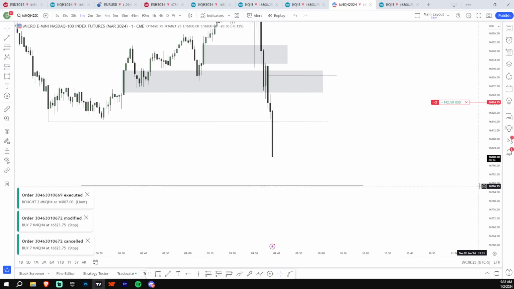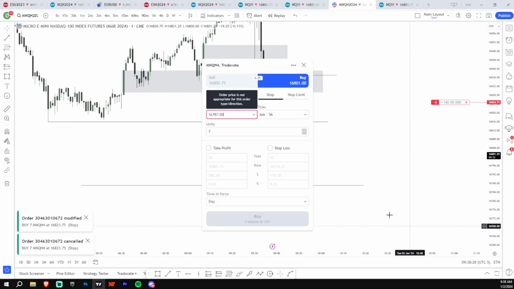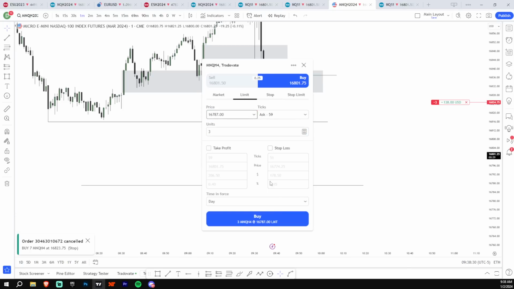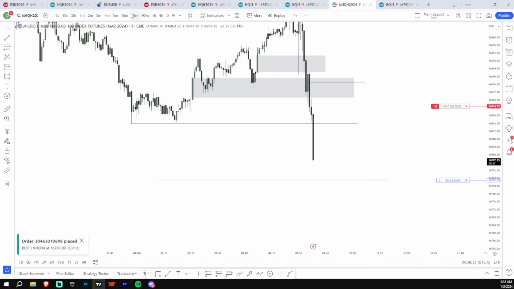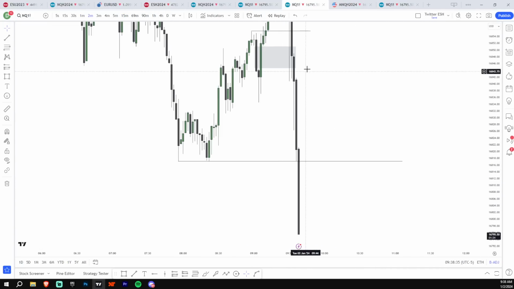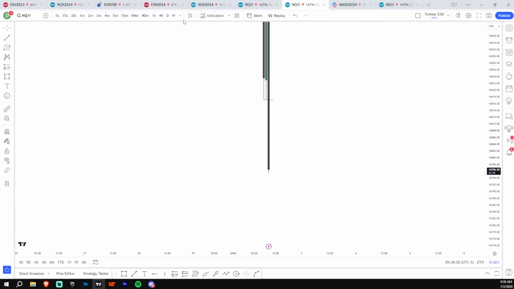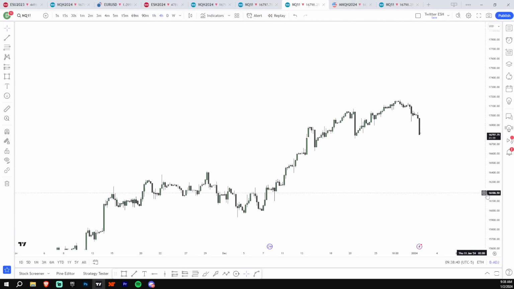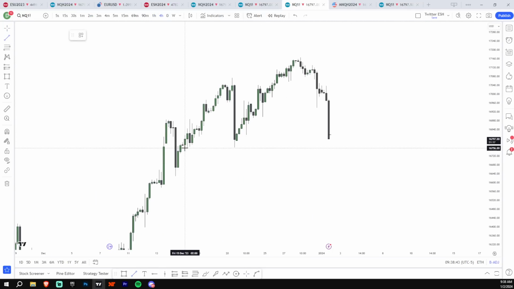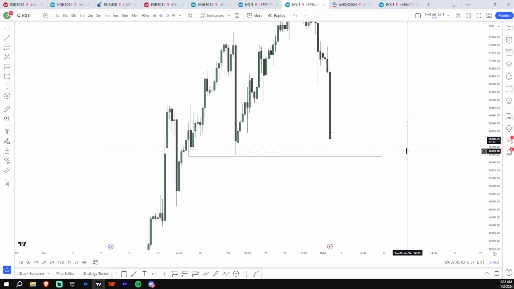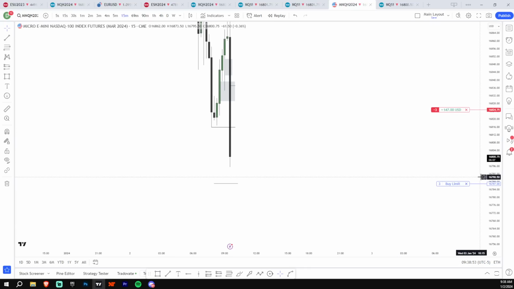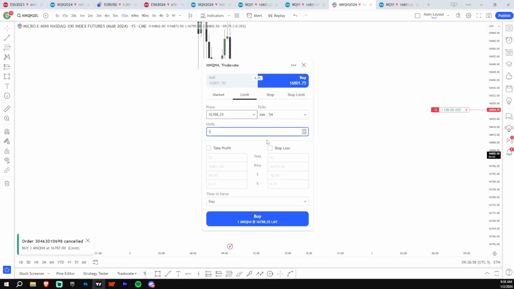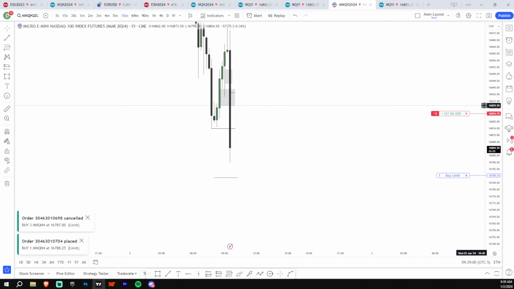And then again, I'm just going to probably scale the rest down here. So really easy play here. Pretty good risk reward because we know there's equal lows down here that we want to hit. So rest I'm holding until, let's see, rest I'm holding till down here, I think. Actually, I'm going to sell one right here. So 16,789. I'm going to sell one more here. Stop to break even for the rest.